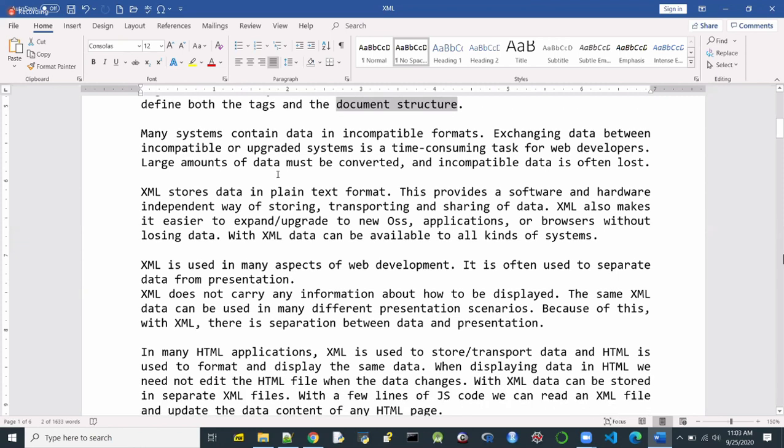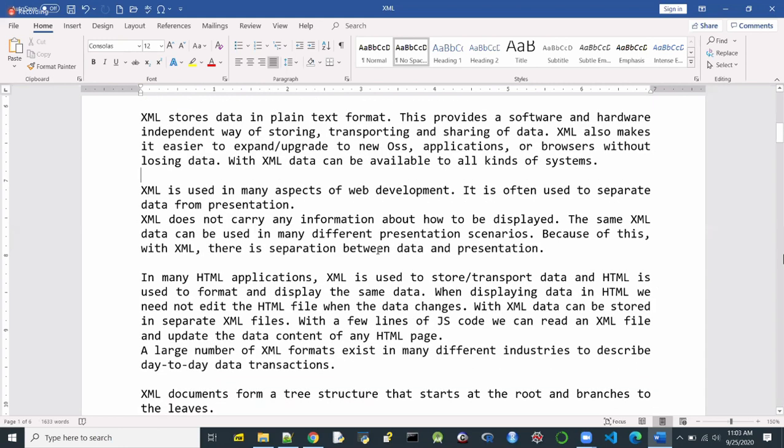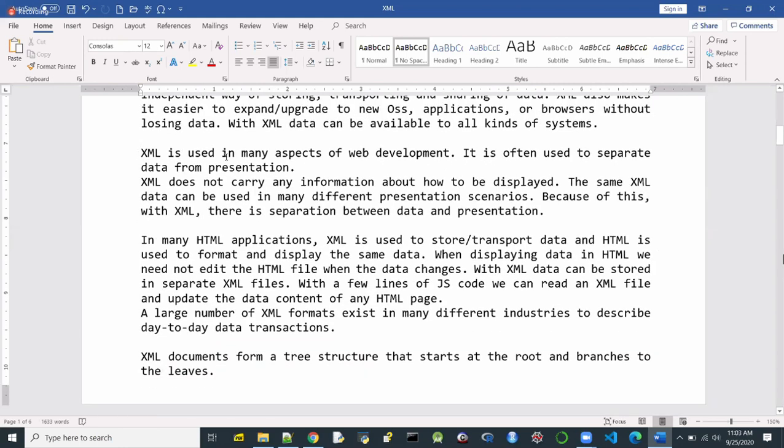Okay. So as I told you, basically XML is data stored in plain text. The virtues of XML, I have discussed about all these things over here. And XML is used in many aspects of web development. In the later part, when we discuss about server-side programming with servlets and JSPs, we will see that XML is used over there as something called information conveyor to the server.